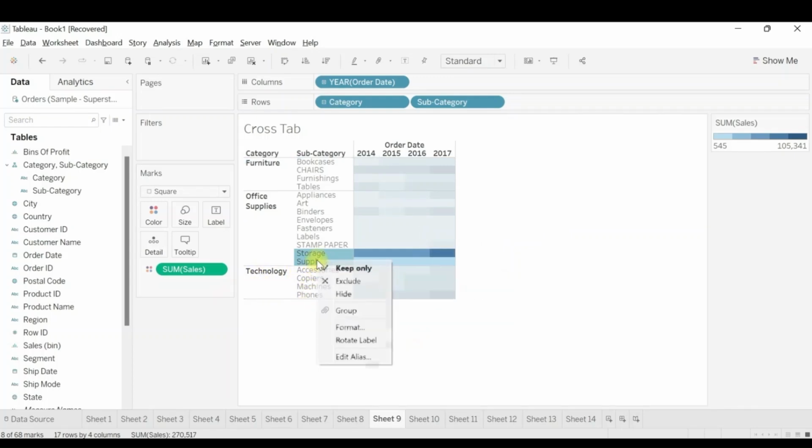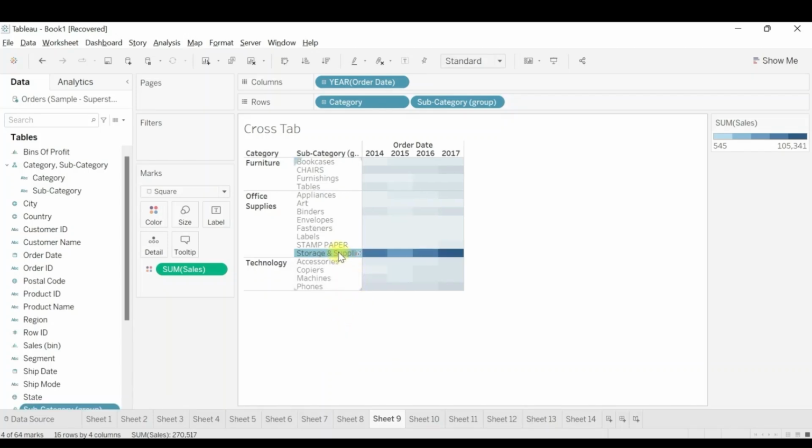Now right click on it and click on group. When we click on group, automatically it has grouped it into a single row, where no more two rows of storage and supplies are shown. Only a single row of storage and supplies is being shown. So this is one of the ways to create a group in Tableau.